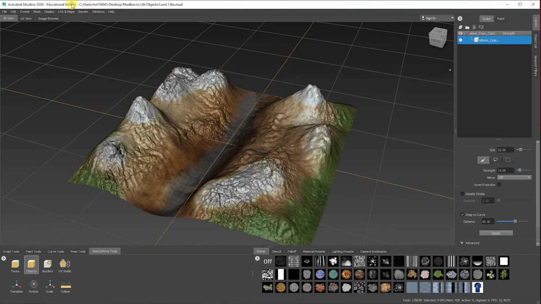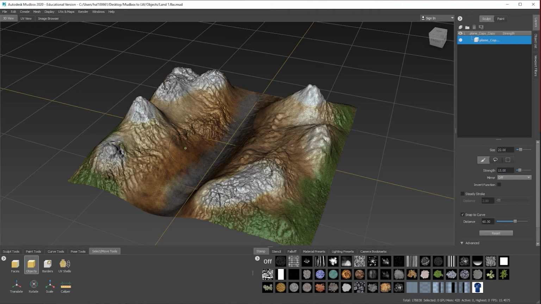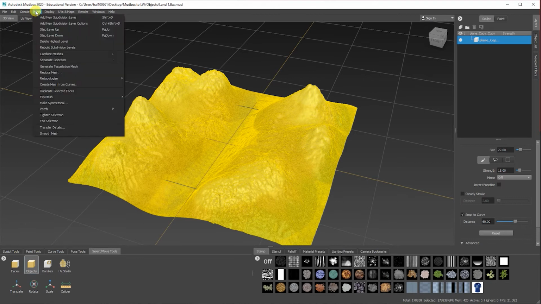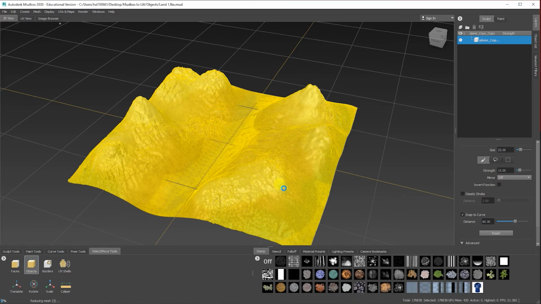So let's just go to select to move, make sure you're on object, and then click and hold for a few seconds to select the object, then go to mesh, and then let's go down to reduce mesh, and then you've got this option here to decide how many. So if I tell it I want it to be 50% less, so around 89, so about 90,000. Yeah, you've got the triangular fit, you can decide on that as well, but preserve the frozen, yeah, so I want all that. So let's say I'm going to reduce it by, it's still going to be quite a lot, but let's just reduce it by half and see what happens.